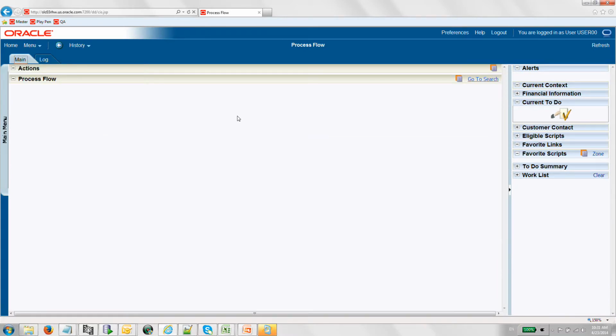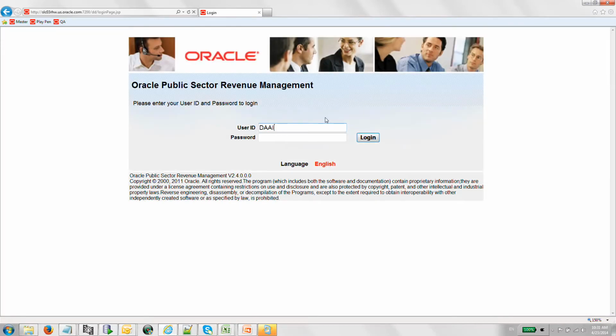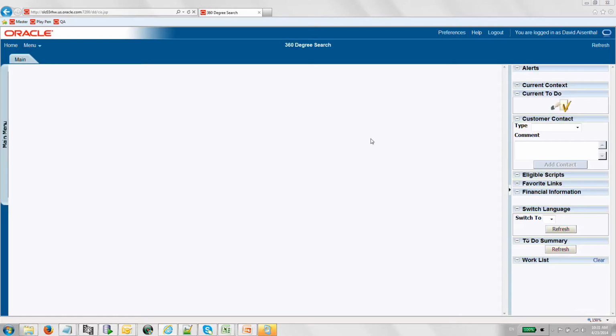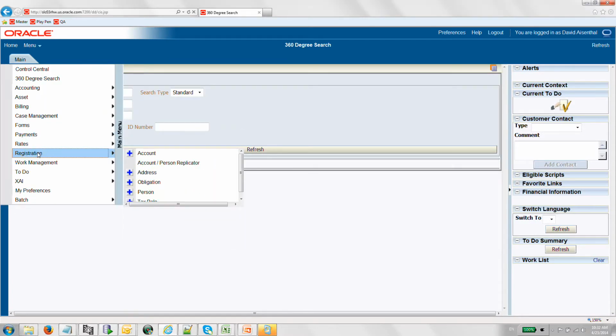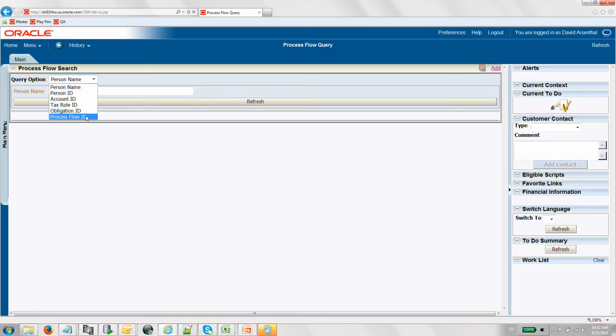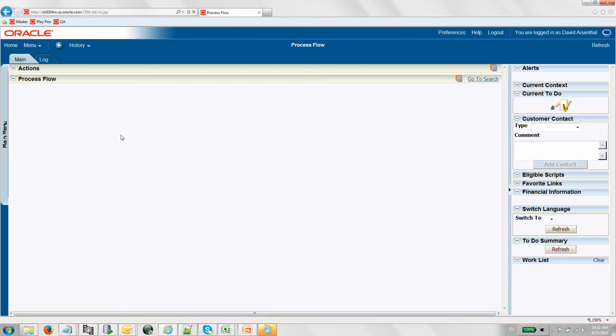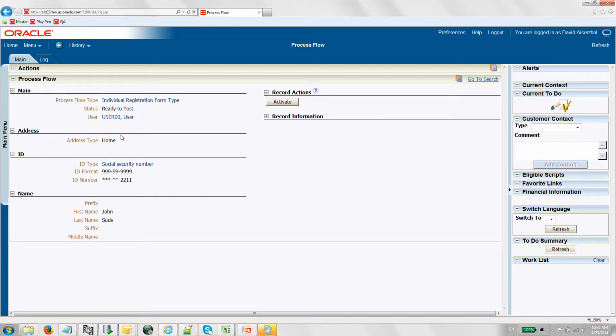I'm going to now log out and come in with my individual user, my personal user. Now I see I have the activate button, but what I want to show you now is a different